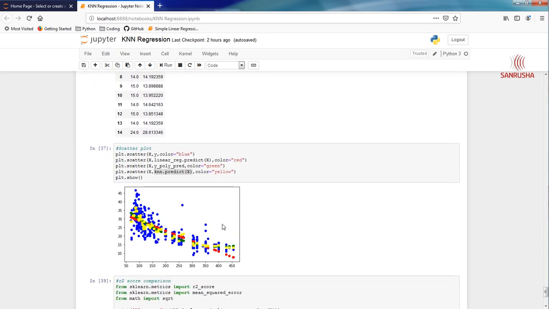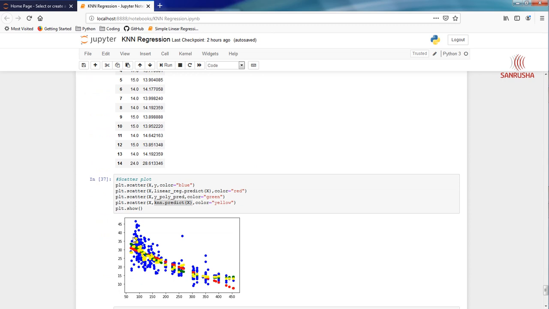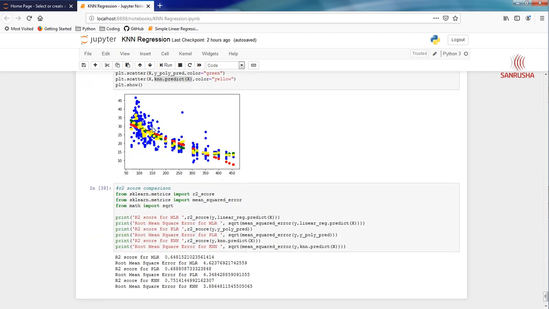In the concept phase, you already understood the k-neighbor algorithm works based on the neighbors. Like if I consider a point here, it is based on where the neighbors are, and it calculates the distance between that point and the neighbor, and then it decides where that point belongs. The number here is telling the algorithm how many points you should consider as neighbors. So if I give 9, that means the algorithm is going to consider 9 points in its neighborhood, and it will come up with the predicted values.